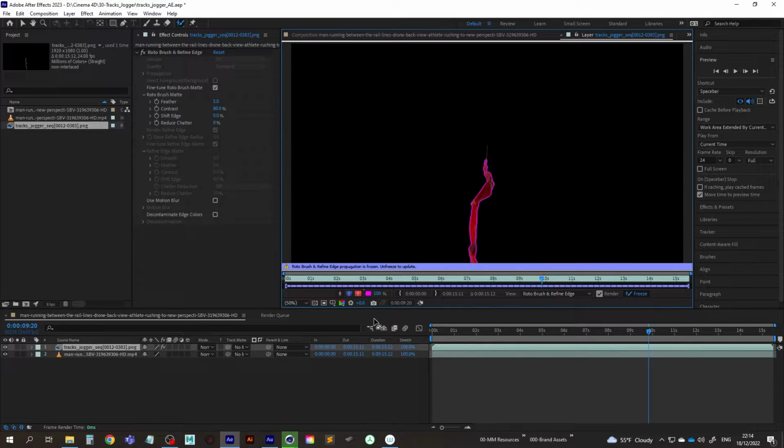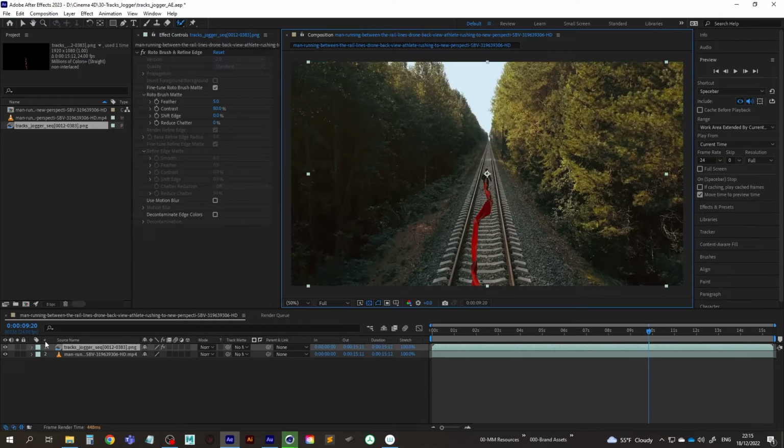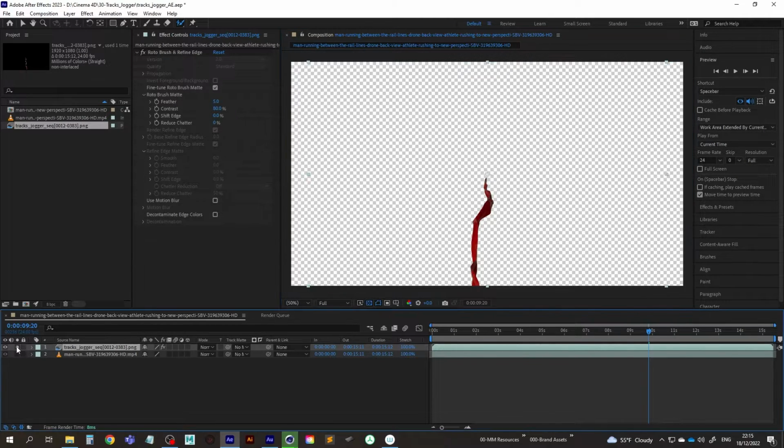Cool, so that's done. It says that the rotor brush and refine edge propagation is frozen. So we need to unfreeze if we want to make any updates to it, but we don't, so that's done. We can close this down. And now you'll see that if we solo this layer, we just have the rotor brush, or the cloth layer,